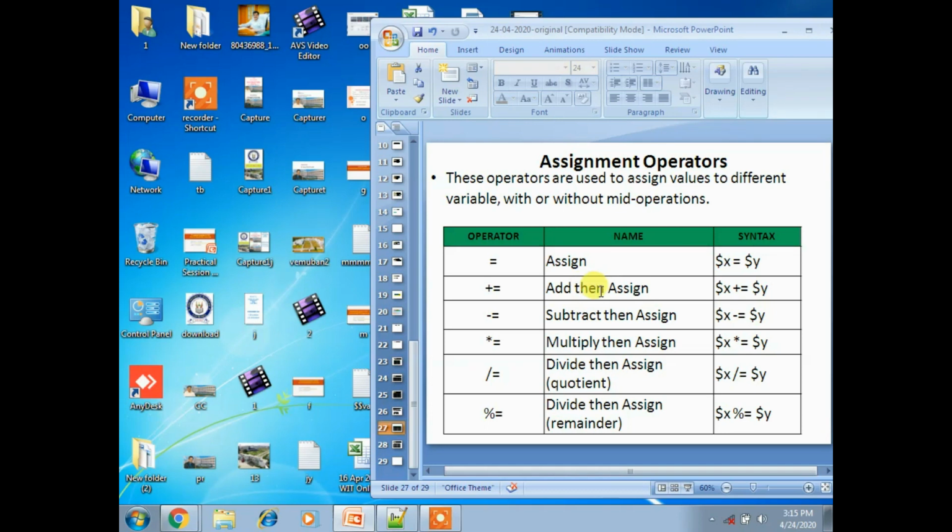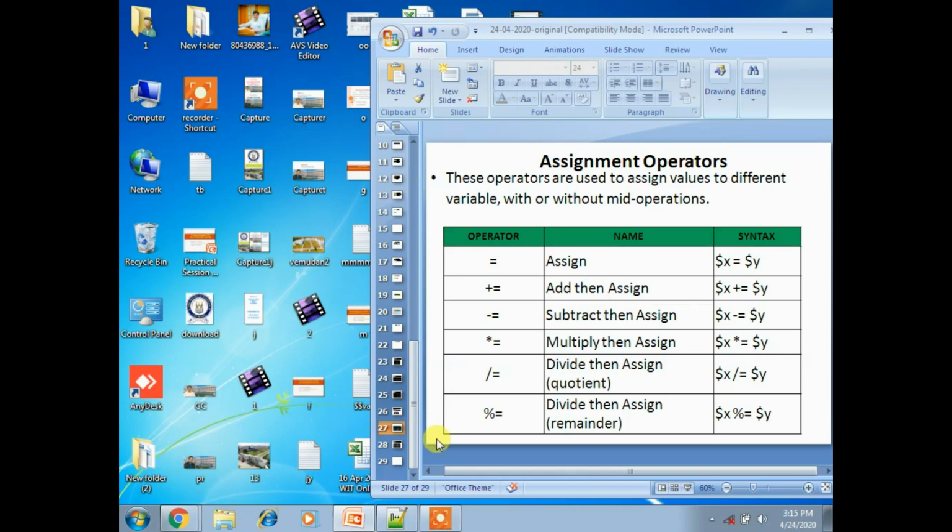Next, the subtract and assignment operator subtracts the right operand from the left operand and assigns the result to the left operand. The remaining operators work the same way.